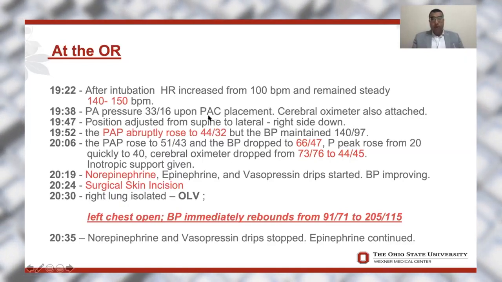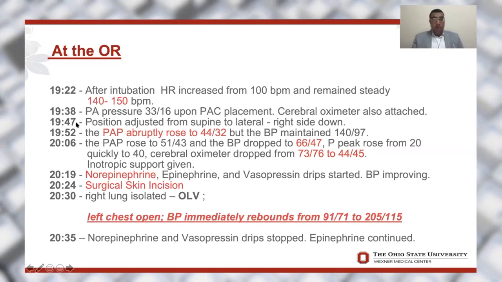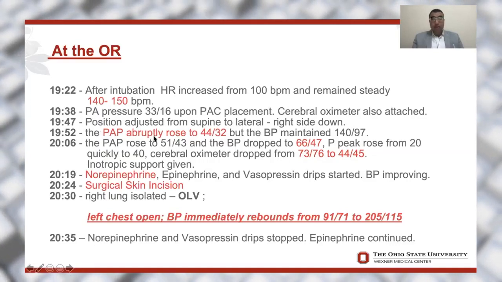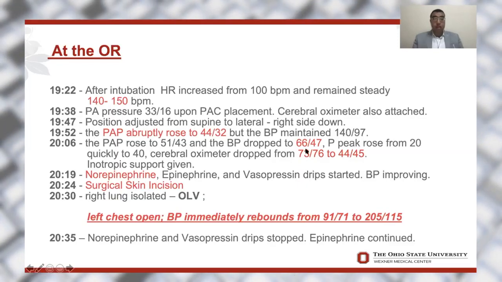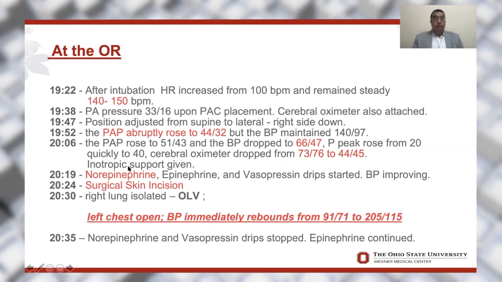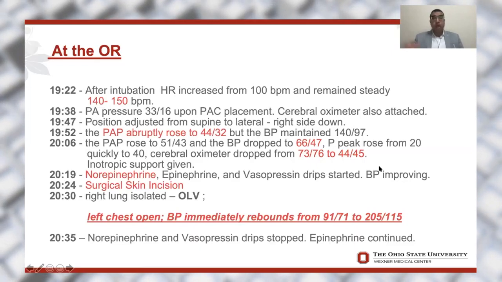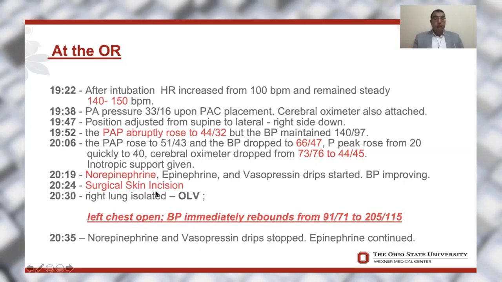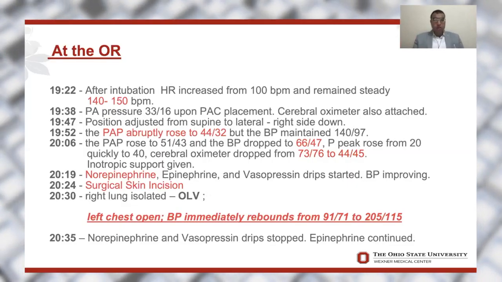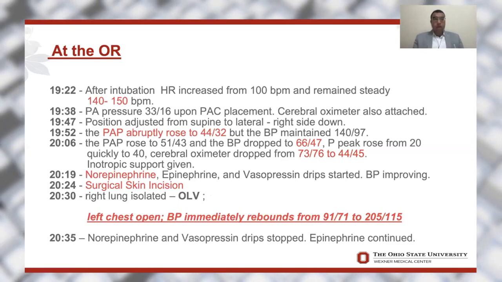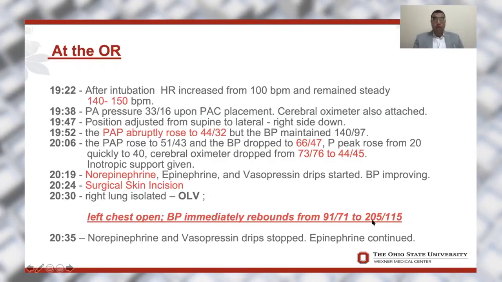They put in the pulmonary arterial catheter, and after about, you can see here, about 30 minutes, the pulmonary arterial pressure increased. Then within 10 minutes, the blood pressure decreased to 60/40. There is a frank shock. They pushed norepinephrine, epinephrine, vasopressin, the blood pressure improved, but was still low. Thankfully, they made a surgical skin incision. Just after opening the left chest, this patient was for left lung transplant, the blood pressure rebounded to 200 over 100 mmHg.